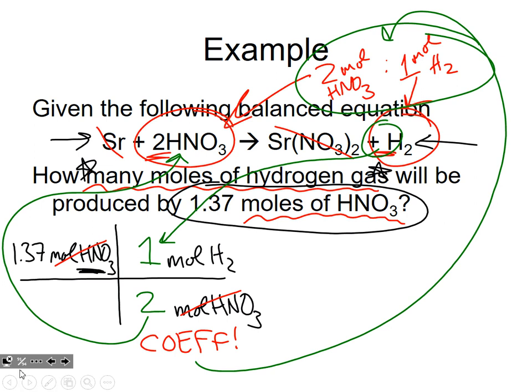So then my moles of HNO3 cancels. What math am I doing? I'm multiplying the top numbers together, so I get 1.37. Then I'm dividing it by the bottom number, which is 2. So 1.37 divided by 2. So I get